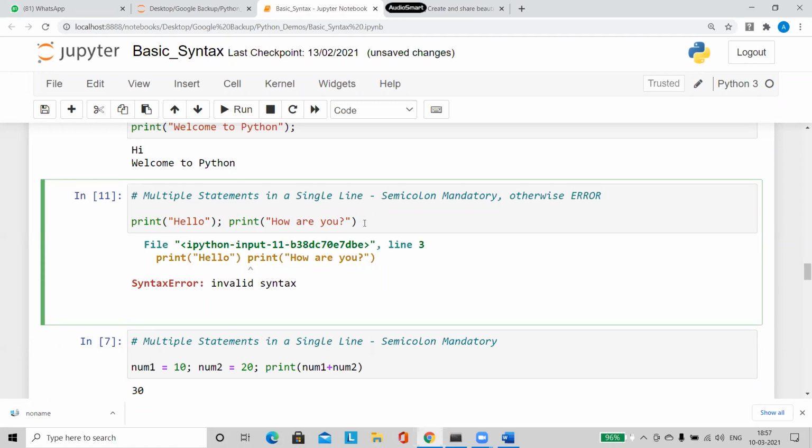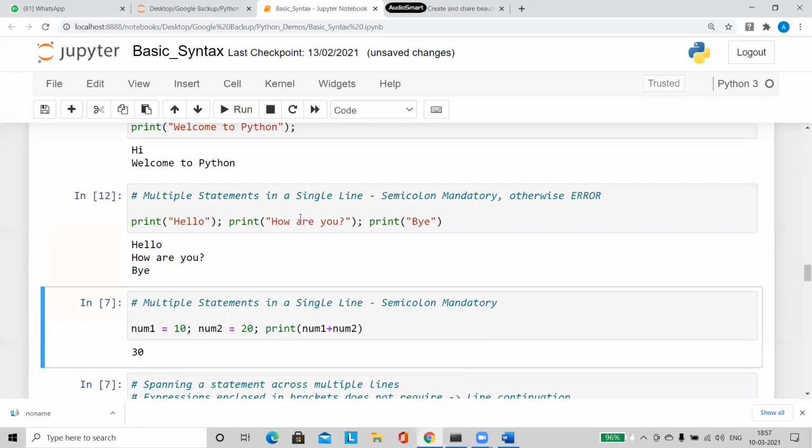If I have another print statement following this, then here also I need to put a semicolon, and only then can I write the next print statement. I will give bye. Now, if I don't have anything after this, if this is the last and nothing is there after it, then I don't have to put a semicolon here. Not necessary, but these two places I have to compulsorily give.